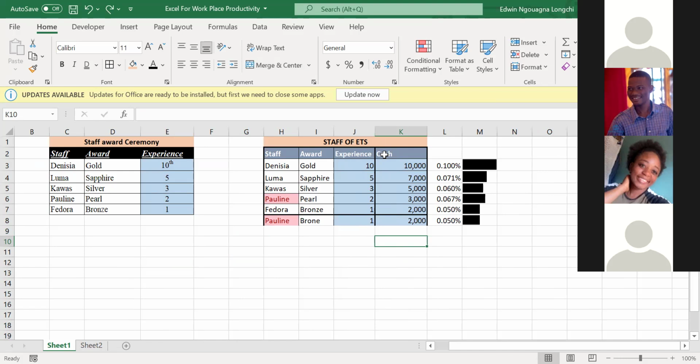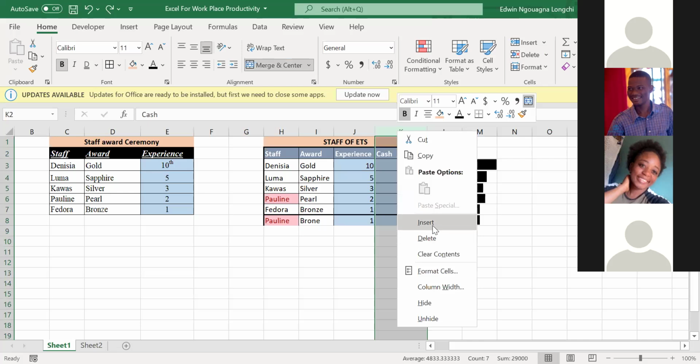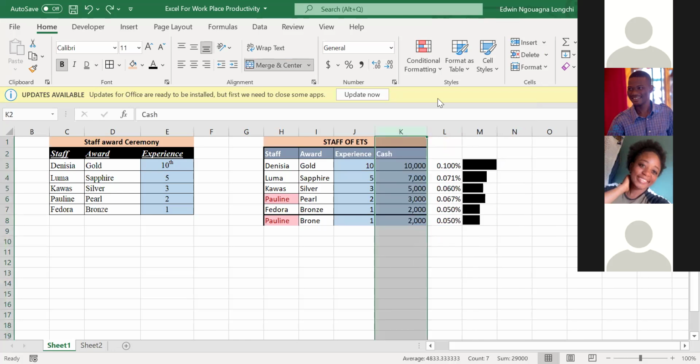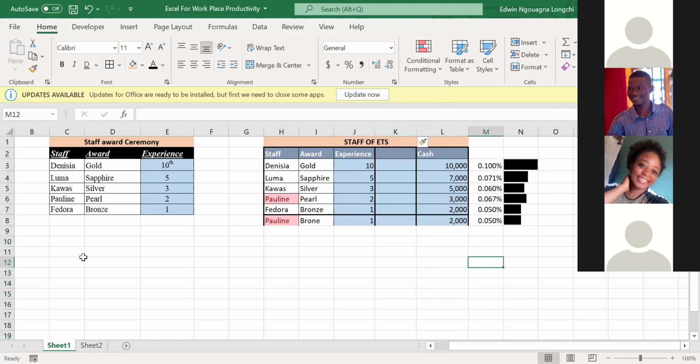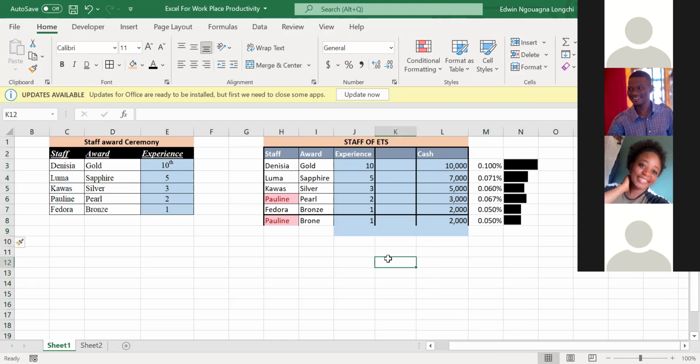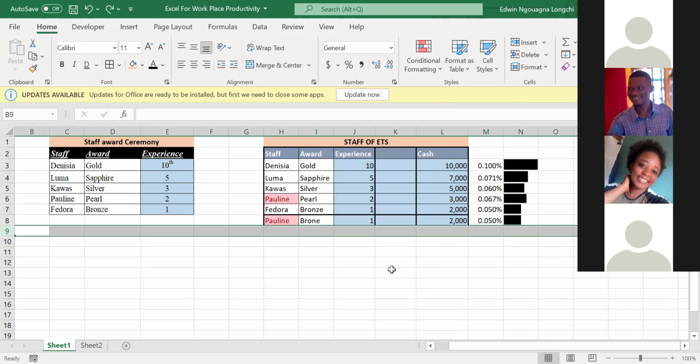cash is the rightmost column. So if I want to insert a column, it will be to the left of this cash. So I will right click the letter that has the column for cash, which is K. Then I'll take insert. Then a new column will appear in between these two. All right. But if you don't want to do this, you can come to insert here. As you see up here, take insert cells. It's the same thing. You want to insert a row, you right click, you come here, you take insert. It's the same thing. But I prefer to use the shortcuts that I showed you guys.